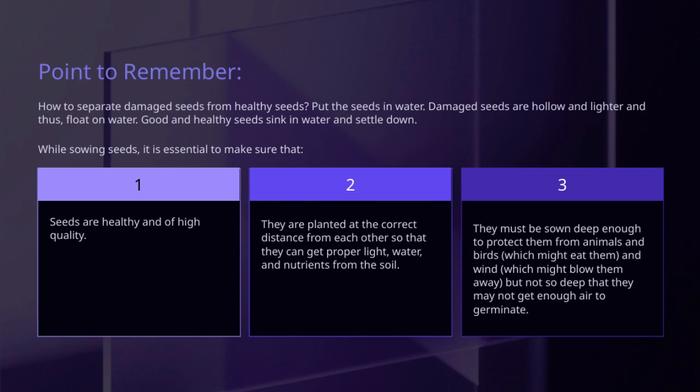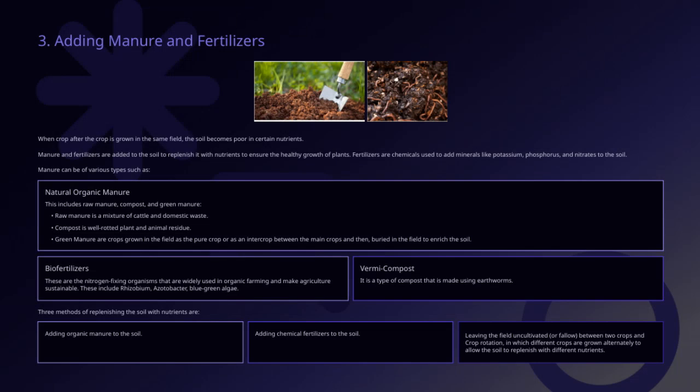Remember all these steps: using quality seeds, planting at the right depth and distance, and selecting healthy seeds are vital for successful planting and a healthy crop. When we leave the field uncultivated or fallow between two crops, it allows the soil to rest and recover its nutrients naturally. Alternatively, crop rotation involves growing different crops in sequence, which helps replenish the soil with various nutrients that